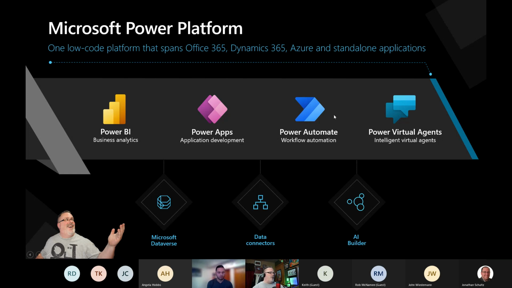Underpinning all of these tools are three basic core concepts and principles that are commonly accessible across all of them. The first being Microsoft's Dataverse. This is the data platform that is going to make the foundation that becomes available across all of these.